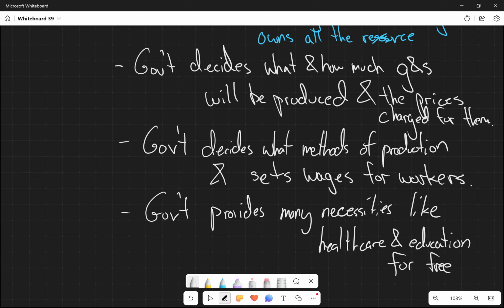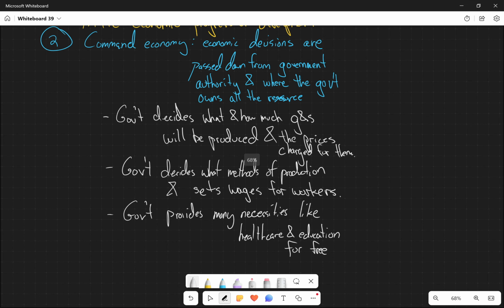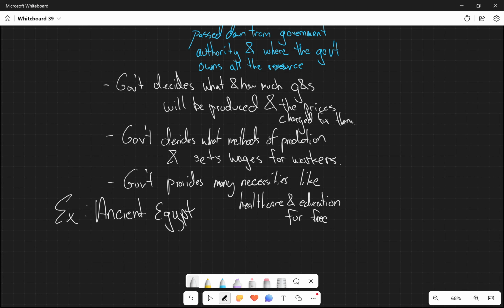Some examples that we have of command economies would be ancient Egypt. Those pyramids were not done on a bidding system. Medieval manor life, right, where the peasants, the serfs, were owned by the land.